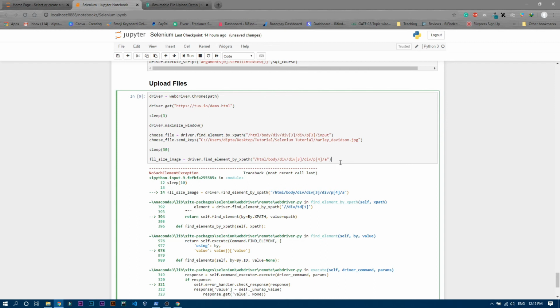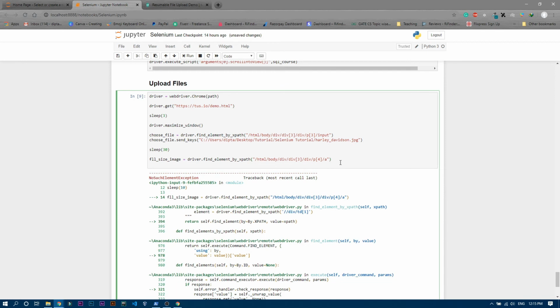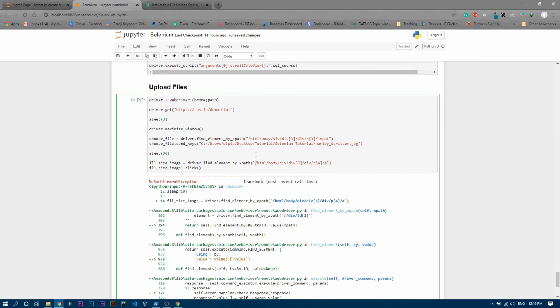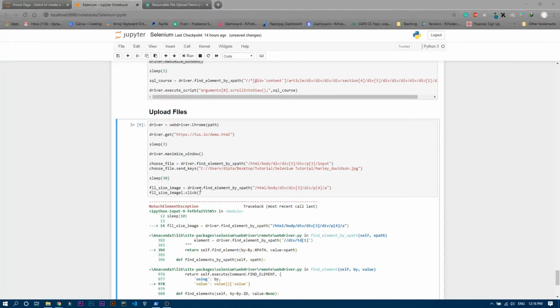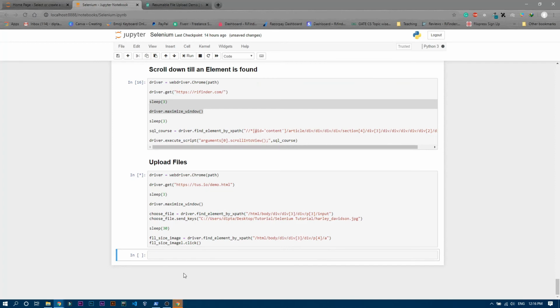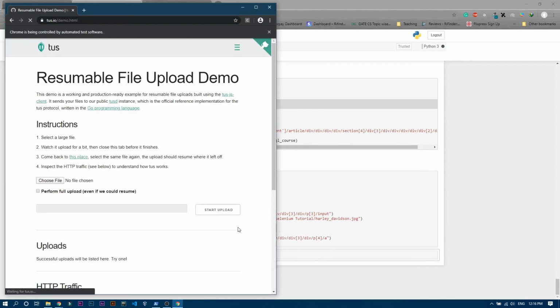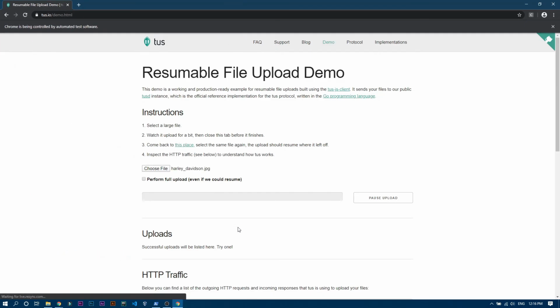After that, we are going to click on that file as well, right? So I'll just press tab and then write dot click, because we want to click on that file after finding that particular element. So let's close this browser and run this cell again. I think now it will work fine. Yeah, you can see it opened the browser and loaded that web page. Now it maximizes the screen. It is going to upload the file and then wait for 30 seconds now. That's a huge time, and I think it should work.